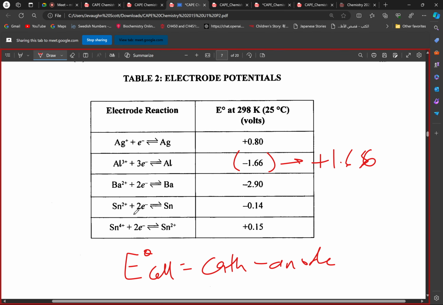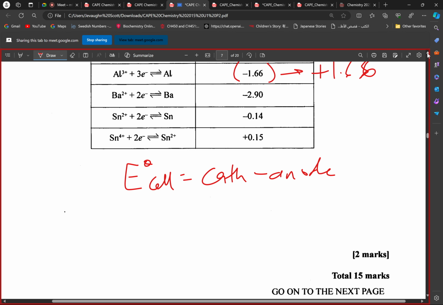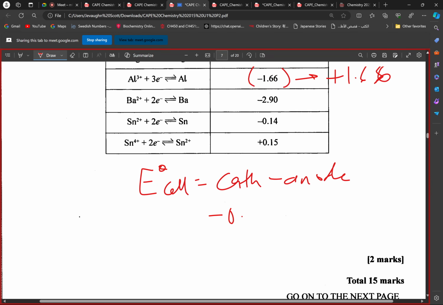So our next reaction, our zinc is actually gaining. Therefore, this is actually fine as negative 0.14. Therefore, we're going to have the cathode, which is negative 0.14, minus 1.66, which is equal to,